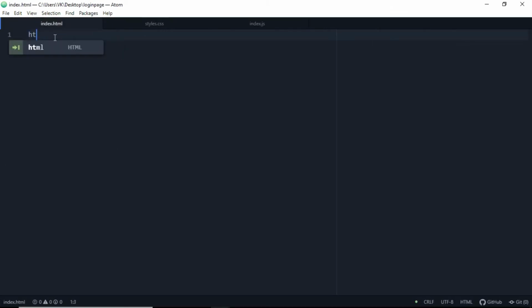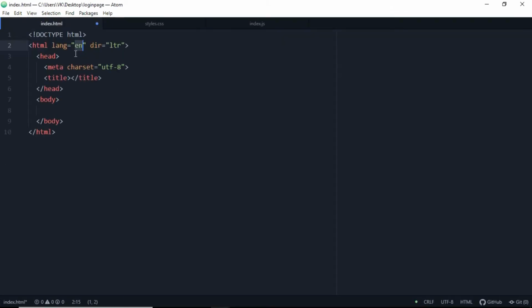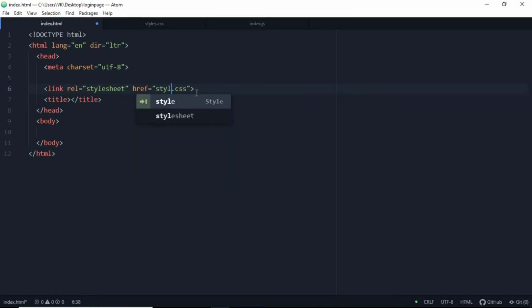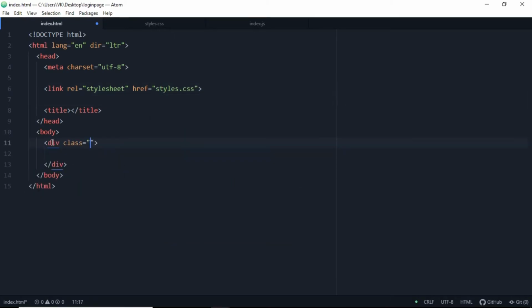So let's go to our index.html and type HTML. This is the HTML boilerplate. So let's hit enter and let's link a file here, that is styles.css. Let's go to our body tag and let's add a div here which is of class container. We're making a div with class container, and the other class will be a custom class which will be